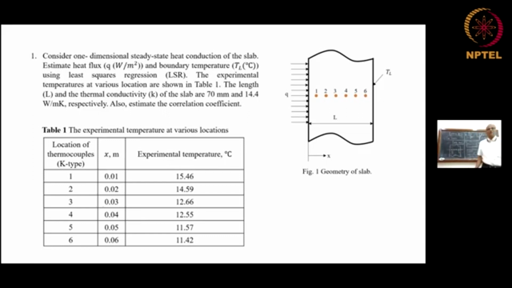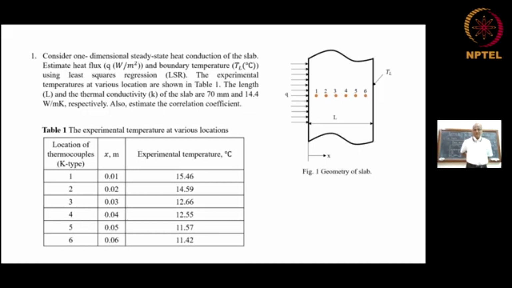Okay, please copy down this problem. I will read it once and then I'll give you time. Consider one-dimensional steady-state heat conduction in a slab. Estimate the heat flux and boundary temperature using